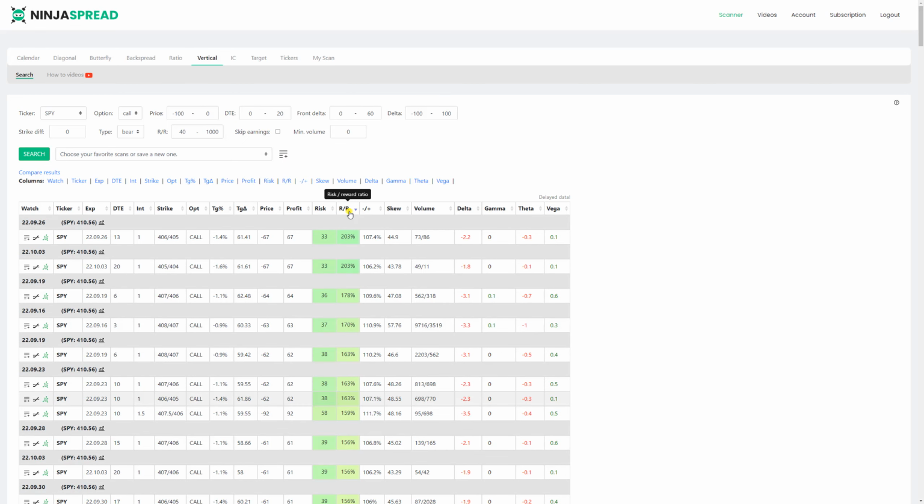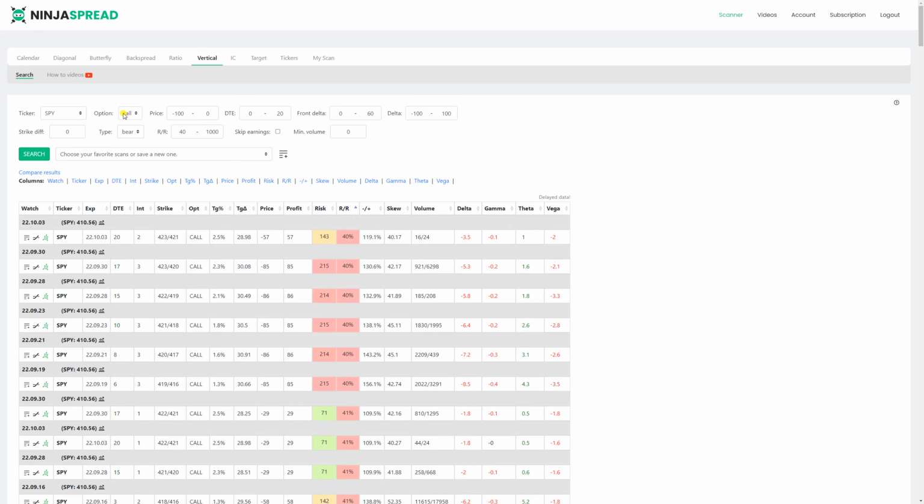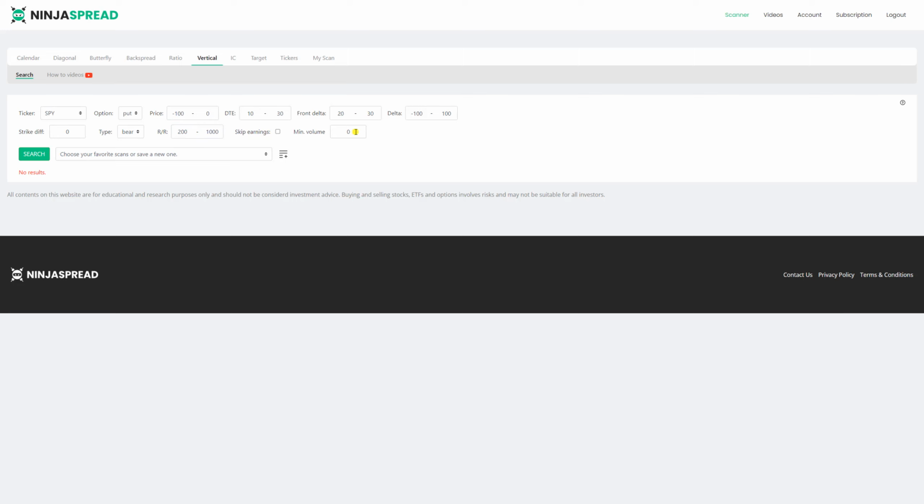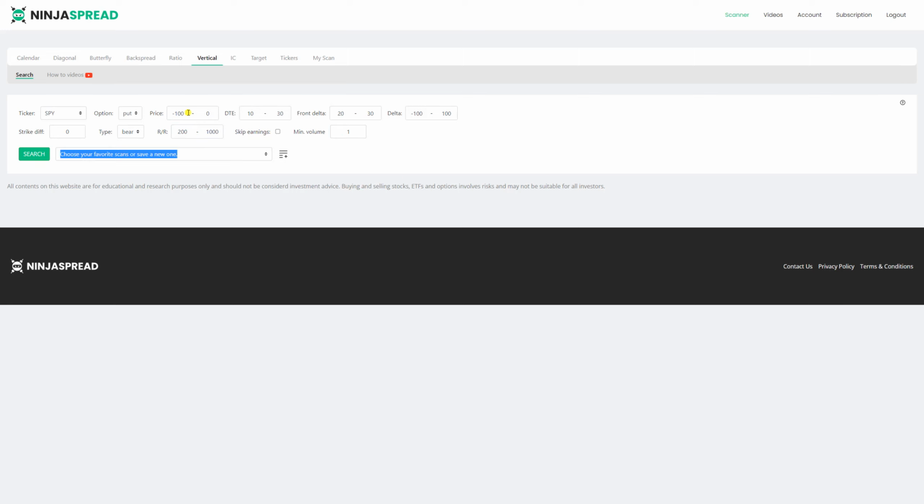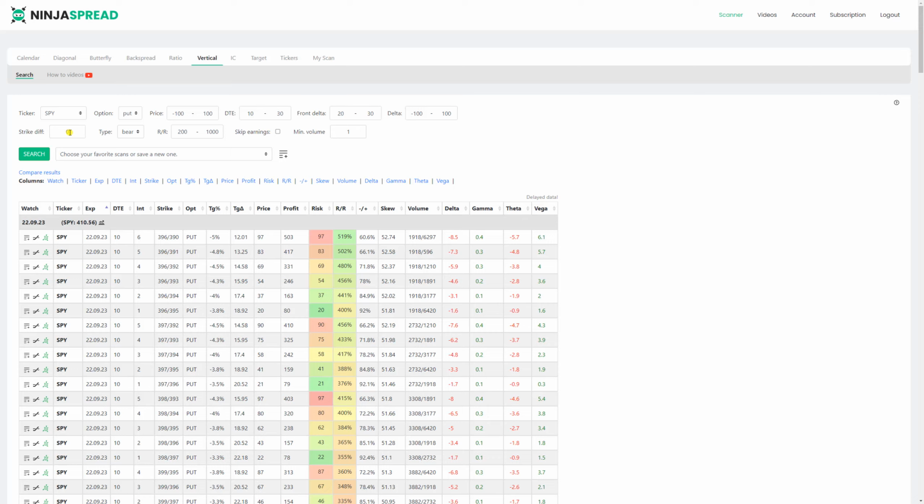Let's look at the biggest one, 203. So I guess this scanner is pretty easy. Let's look for a bear put spread with a front delta of 30, 20, playing the downside with a minimum of 10 days to 30, and the risk reward should be set to 200, for example, and there is nothing found. I guess it's because I haven't changed it back to debit, and now run it with a 0 strike